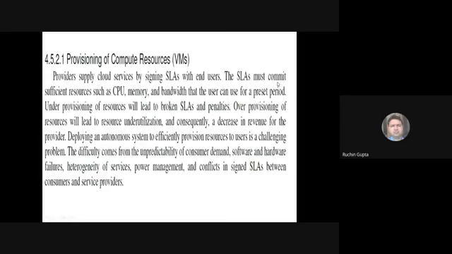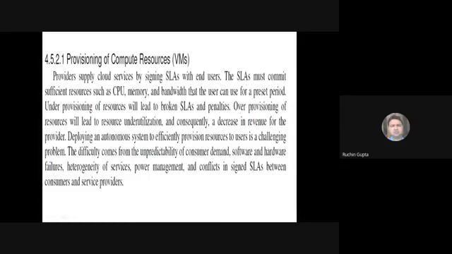So SLA defines, for a particular period of time, what will be the maximum usage of CPU, memory, and internet bandwidth, etc. for the different customers, for the different consumers. And the service provider has to meet all the requirements which are listed in this SLA. So SLA stands for Service Level Agreement, which is an agreement between the consumer and the service provider.